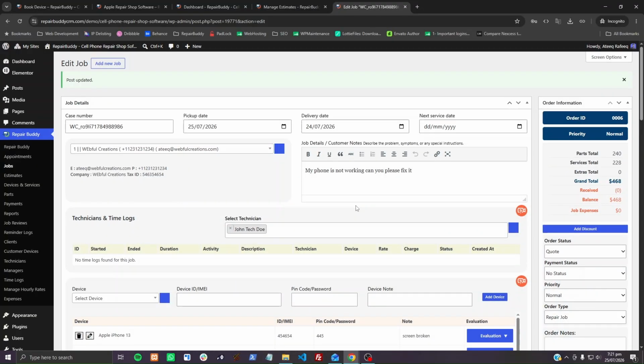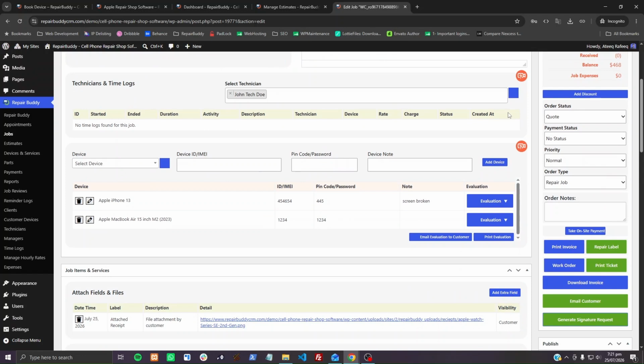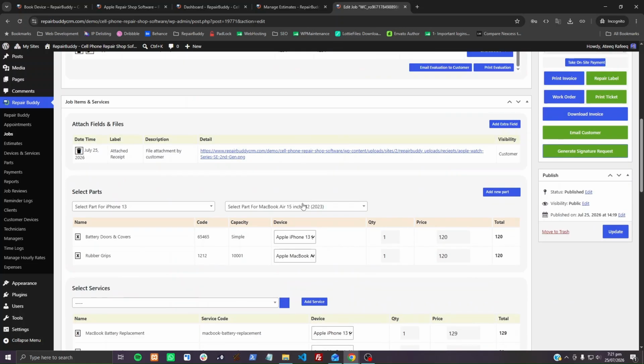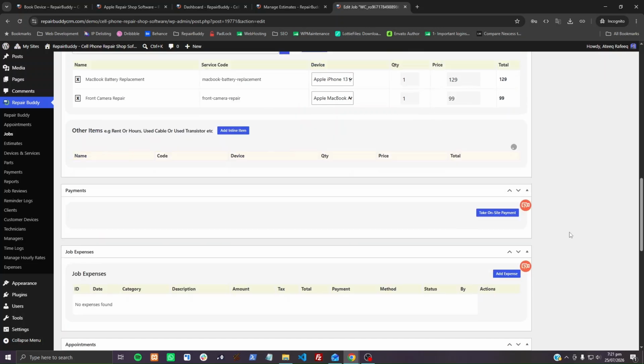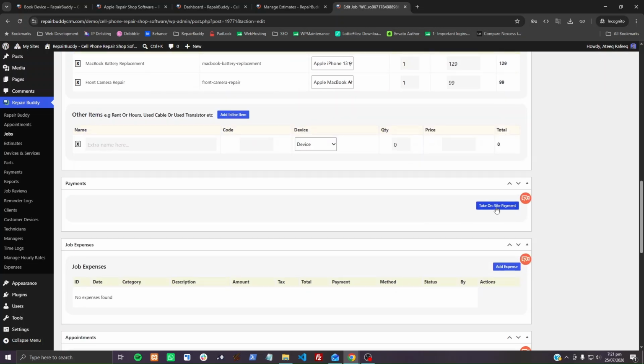So a technician can log in and they can work in this job. They can log time, they can track the time if you want to use it. They can also add pre and post repair evaluation here. They can add parts, they can add extras like shipping price or whatever, and they can receive on-site payments and